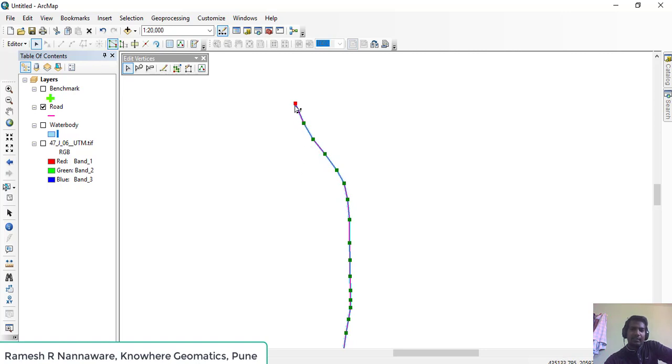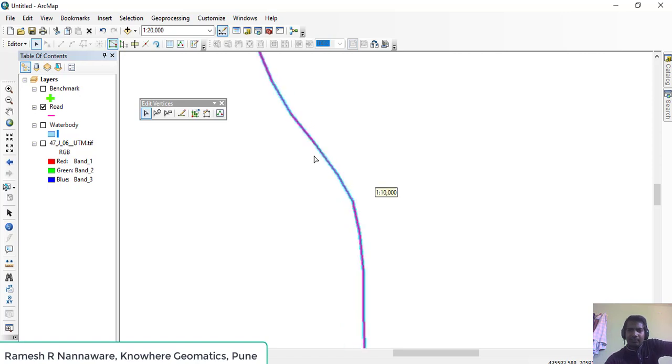If it is single, it is called a vertex. If there are many, they are called vertices. After double clicking on any line, this particular option will be available. It is the Edit Vertices toolbar. Now let us see how to use these tools to modify our line layer.